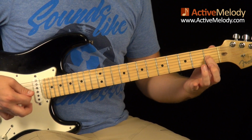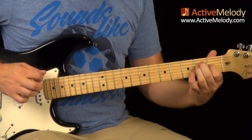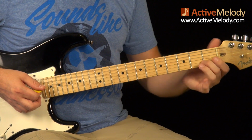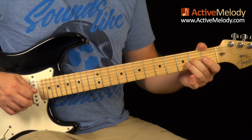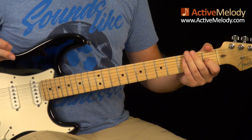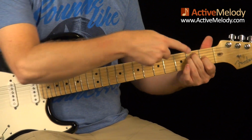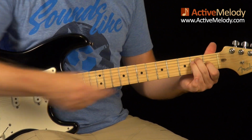Now notice this 1 string rings out the whole time. So try not to bump it with your hand when you're sliding that around. It sounds very cool to let that ring out. And to me that's kind of simulating a pedal steel kind of sound. And then we go right back in, notice my hand goes right back into the E chord